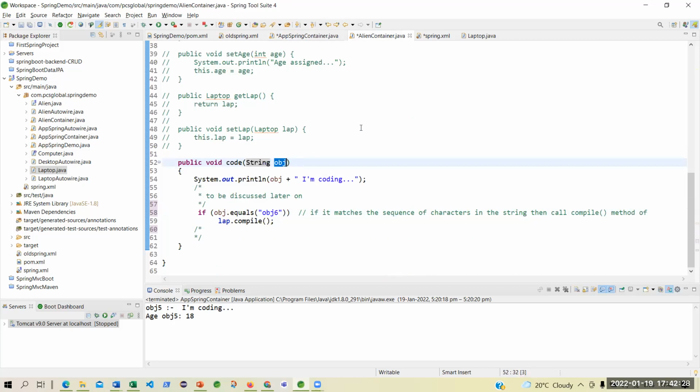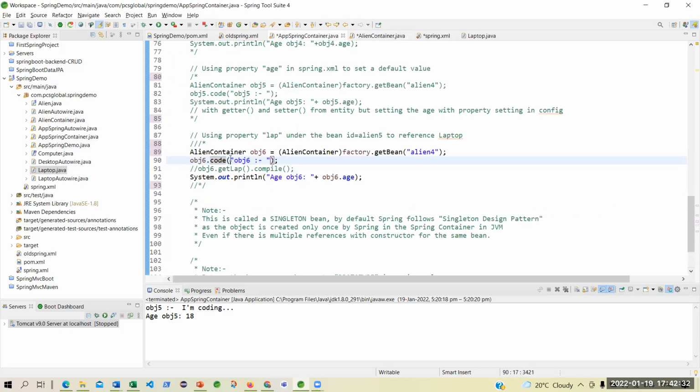This obj is just any name, but actually you are passing this entire string. So will it match? No, sir, it will not match. It will not work. String and object do not match. The value will not be matched to obj6.